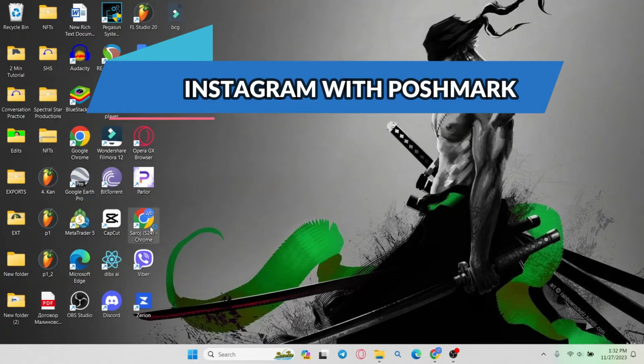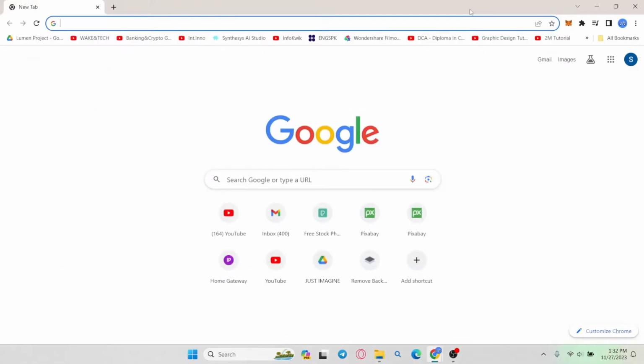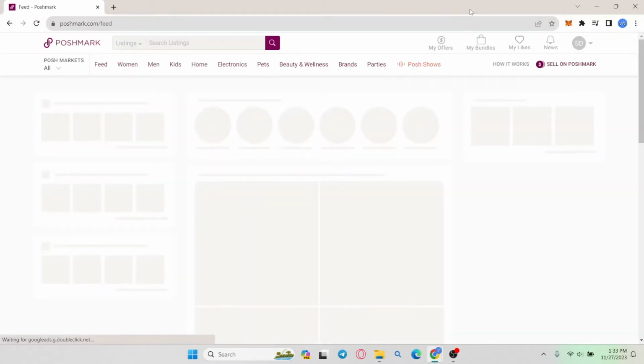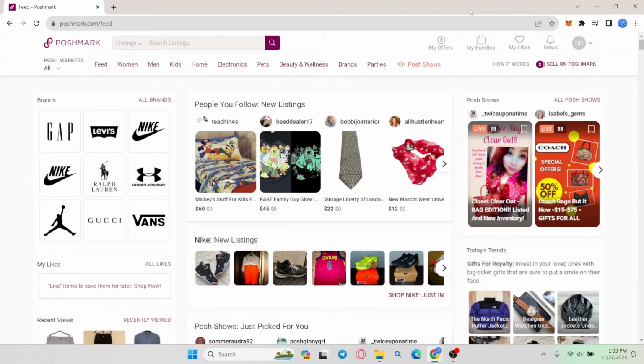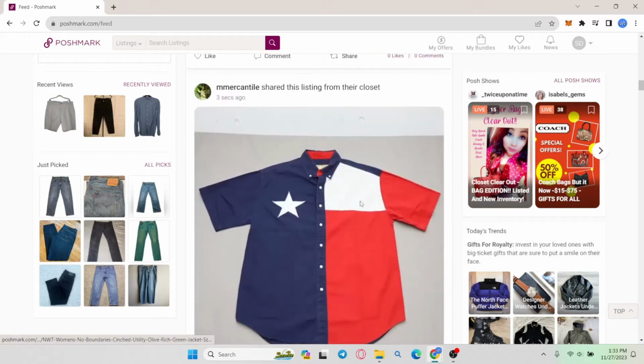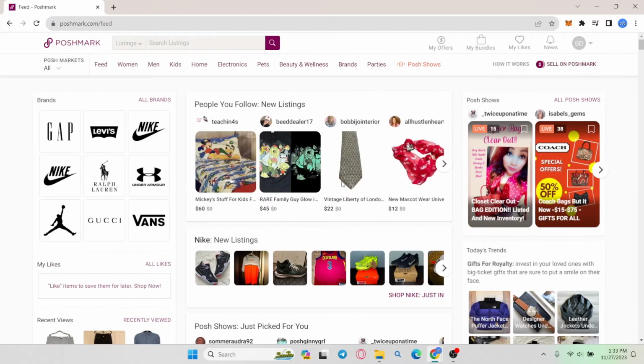First of all, open up your web browser and then in the address bar type in poshmark.com and press enter. Now log into your account if you haven't done so already using your credentials or your Facebook or your Google account. Now after you have logged in, you will be taken into this home page from which you can access